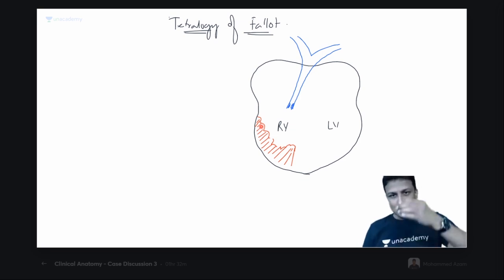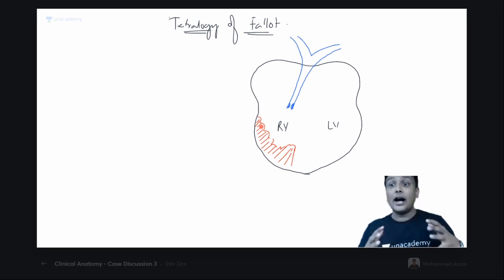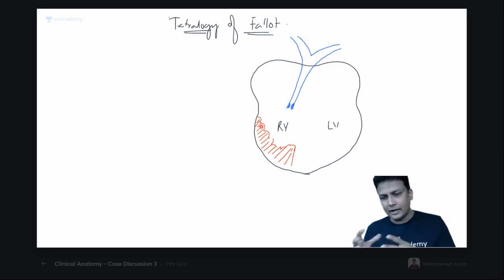Fine. So pulmonary stenosis, number one point. Because of the narrowing of the pulmonary trunk, will the right ventricle be able to pump the blood easily? No, it has to apply more force. So there'll be right ventricular hypertrophy, second point. And remember, important thing: it's not going to increase in size on the outer side of the heart. The heart size will remain normal in this condition. I'll tell you the importance of that later on.